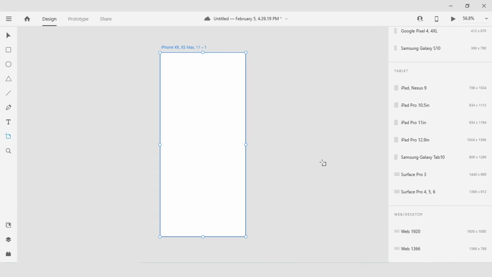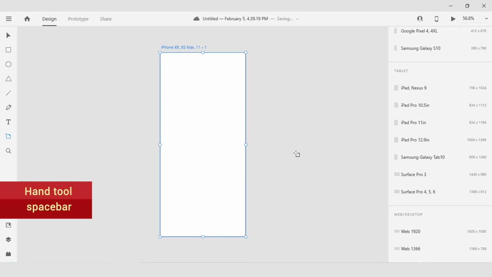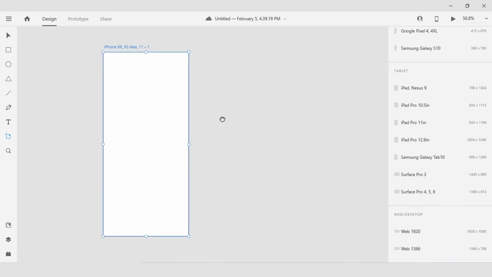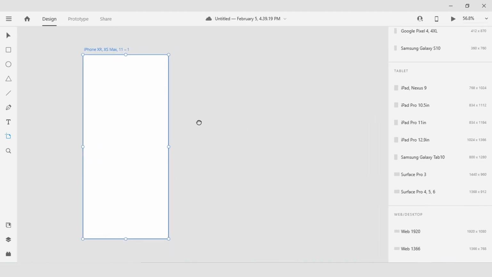Another handy shortcut key will be to toggle between whatever tool I have selected and the hand tool, which allows me to move my content around on the canvas. For that, I'm going to hold the space bar so that I see the hand tool and just press and drag to move the first artboard over to the left hand side of the screen. Now that I have done that, I can go and do a few things.